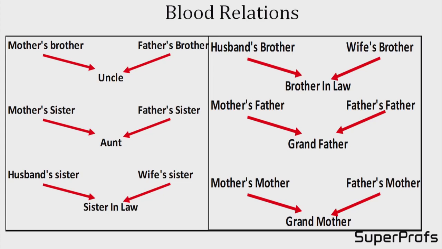Blood relations and odd one out are the easiest topics in this section. For blood relations, you need to memorize some basic relations and you will face no problem in solving the questions. I have jotted down here some of the basic relations that if you memorize, you can solve all the questions related to blood relations. Like mother's brother, father's brother